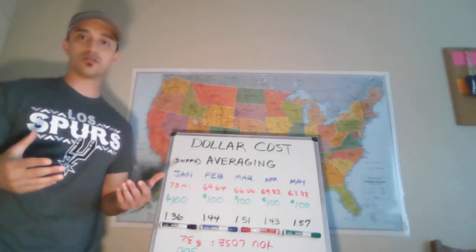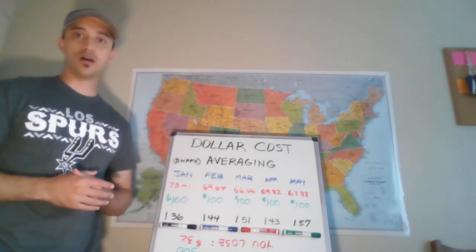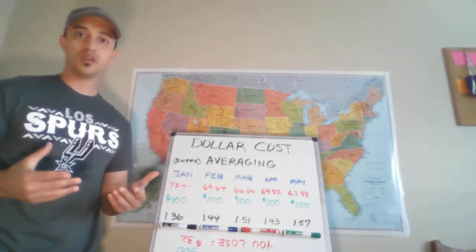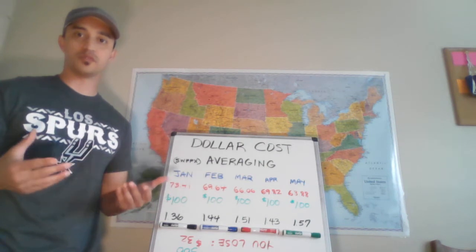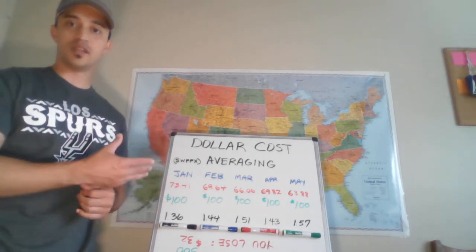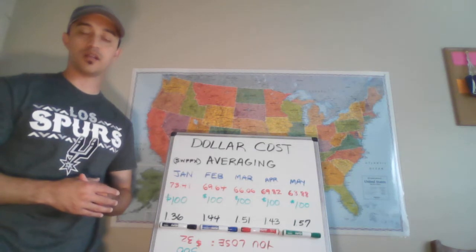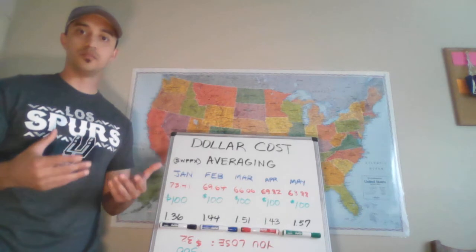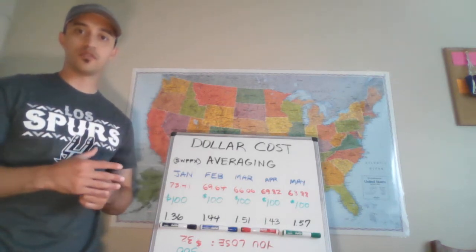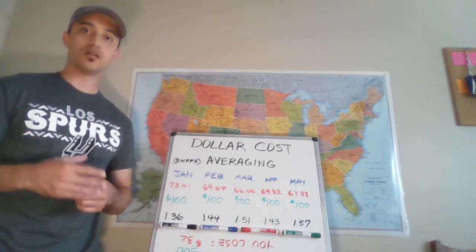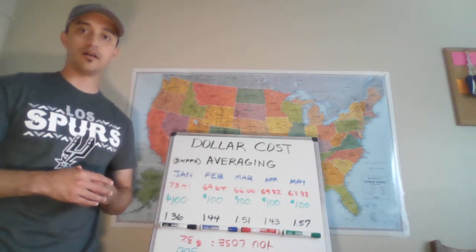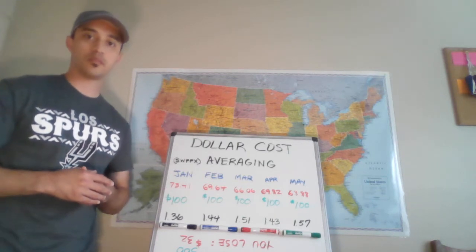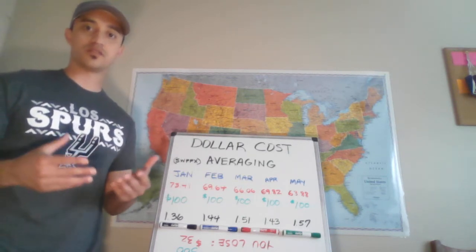Now, if you haven't already done so, I would encourage you to check out my other videos about stocks and bonds and mutual funds, just so that you have a better understanding of how mutual funds work. Because today, as I talk about dollar cost averaging, I'm actually going to be referring to a mutual fund and the activity in a mutual fund over time. So if you don't have a good understanding of how mutual funds work, I encourage you again to at least watch the video about mutual funds and how they work. So with that being said, let's get started.